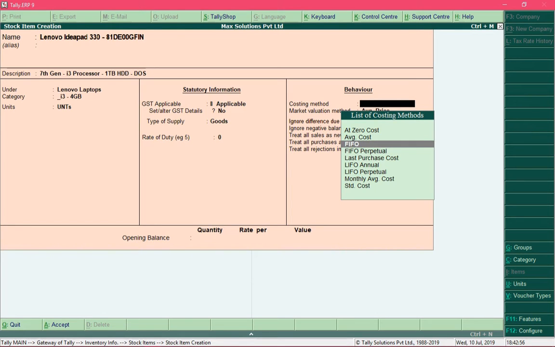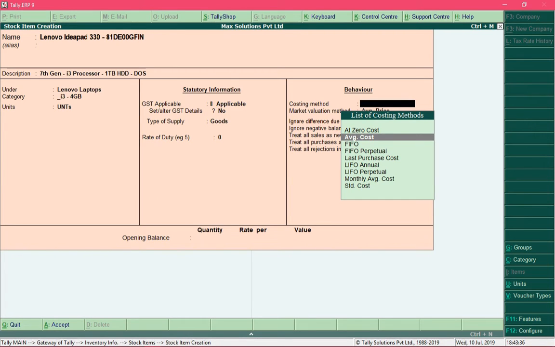And if we specify the costing method as average cost method, then Tally would consider the average of the purchase price of the product as the cost price. For this example, if we have 2 laptops, one is costing 100 rupees and another is costing 110 rupees, then its average cost would be 105 rupees. So at the time of calculating profits, Tally would consider the average cost of the product. So when I sell the product for 120 rupees, my profit would be 15 rupees if we go by the method average cost.